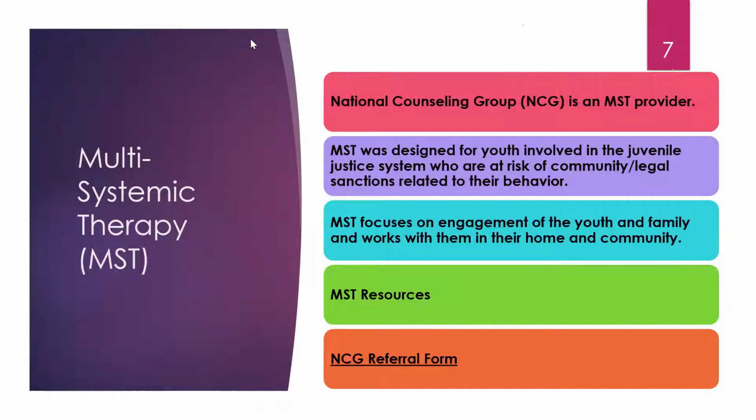So I don't really want to just say juvenile delinquency, but that's kind of who the original population was that it was designed for. And so if you see a kid who's moving into the area of delinquency and acting out in ways that could get them into trouble with the law and with the court, you can consider MST for them. And so some of the issues for them would be their peer group and acting out